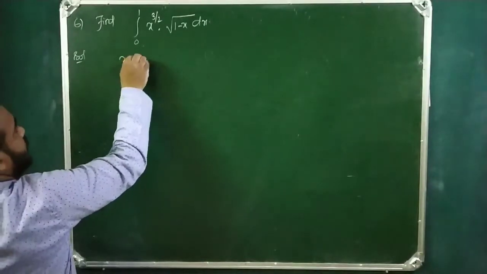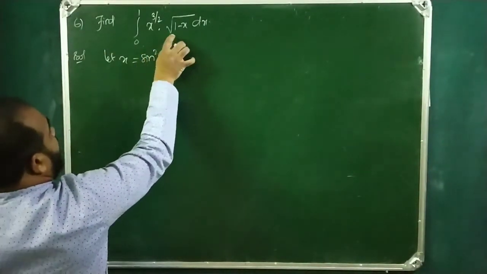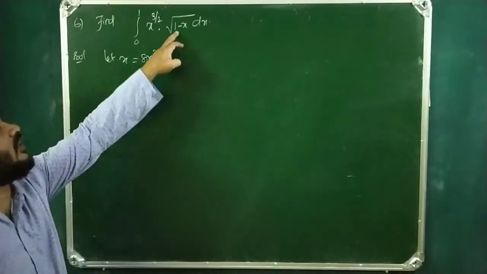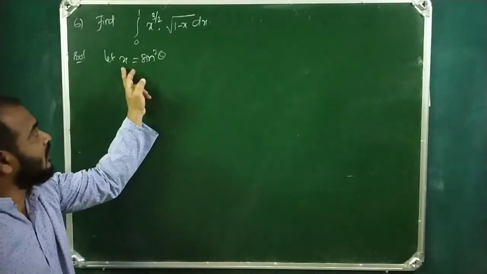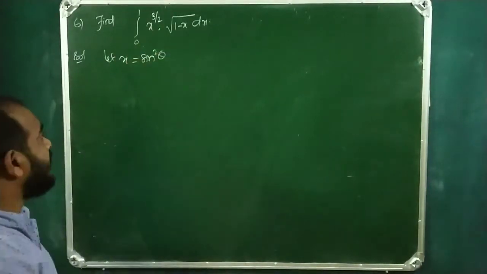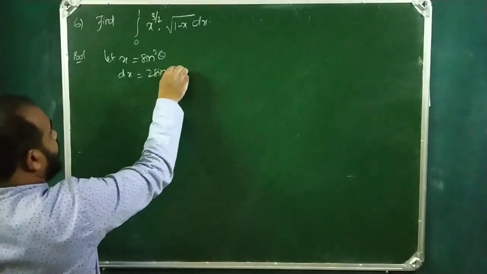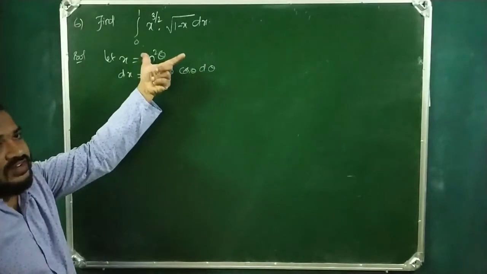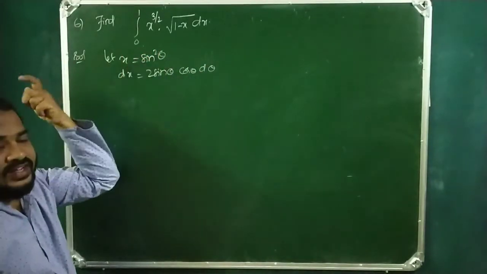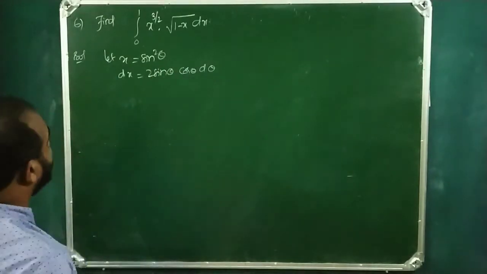Now the next integral, x power 3 by 2 root of 1 minus x dx. Let x equal to sin square theta, I will take. Had it been 2 minus x, I would have taken 2 sin square theta. 3 minus x, x equal to 3 sin square theta would have been taken. So dx equals to 2 sin theta into cos theta d theta. How? This is sin theta whole square. Sin theta is to be taken as x, square derivative 2x, sin theta derivative is cos theta, like that.